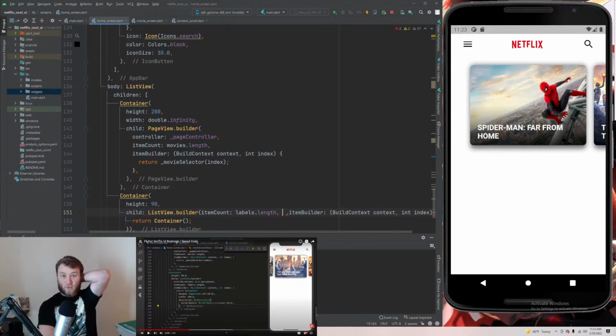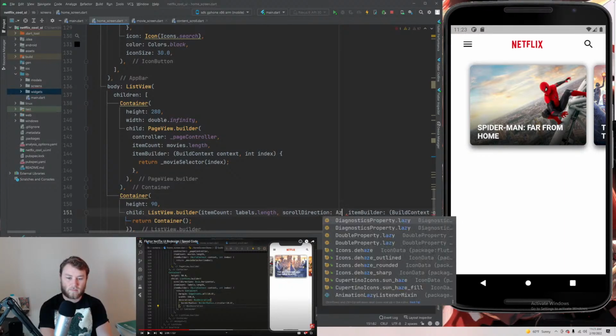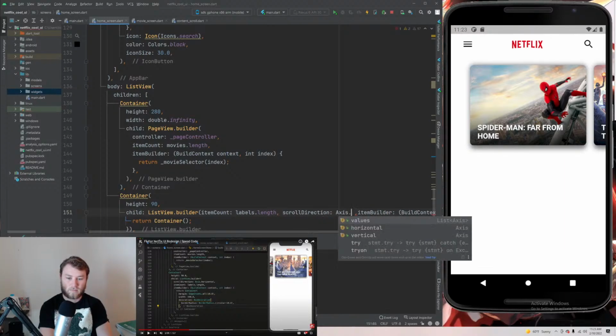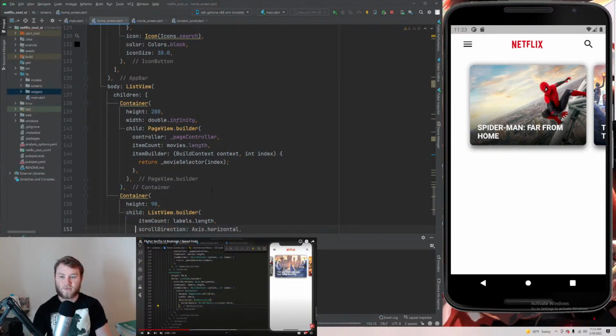If you download from the repo, like I showed you in the last video, you'll know how to do this. And then he's got a scroll direction, which is horizontal. And when we save that,